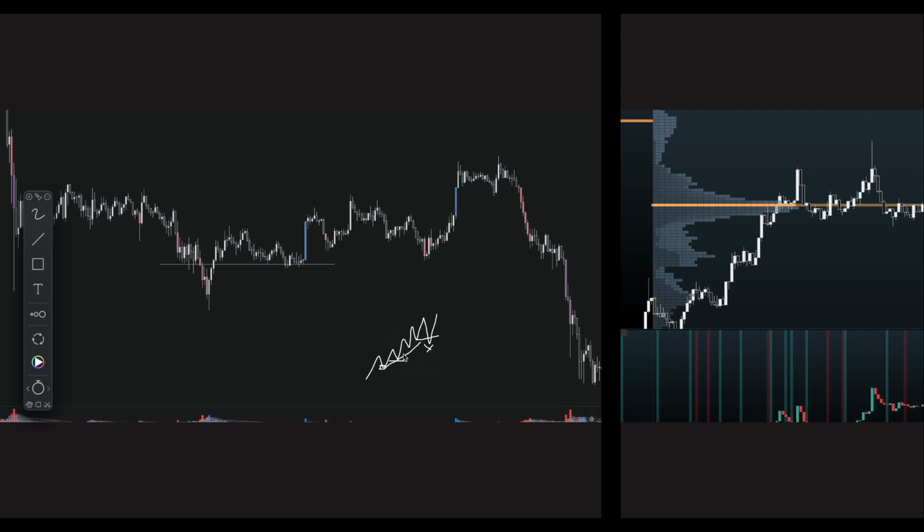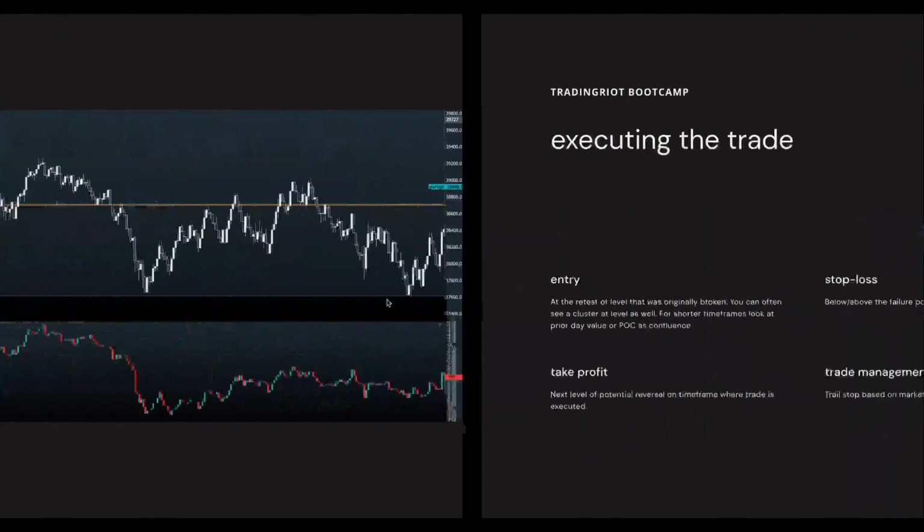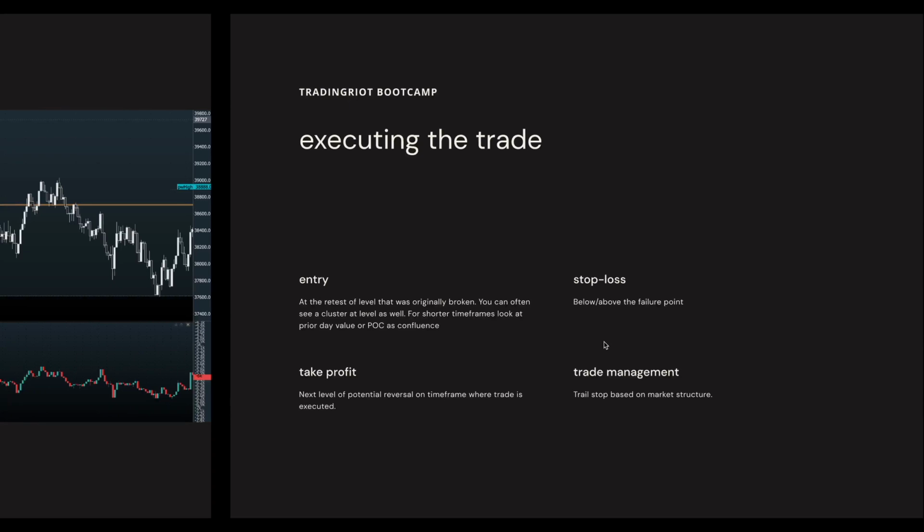So if you will be too aggressive, you might get taken out. The only exception is when here is my target and I'm not willing to risk market going all the way back down when I'm really close to my exit. Okay, so this is what I mean by trailing stops based on a structure.